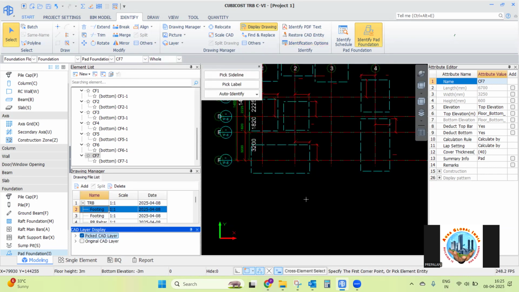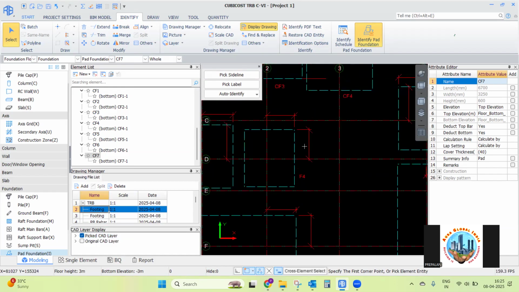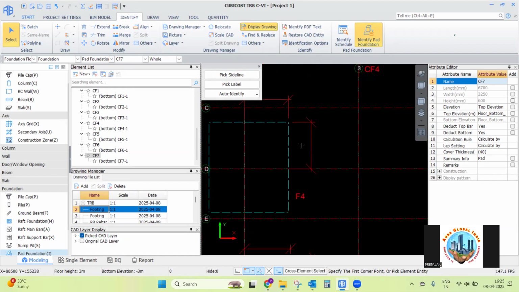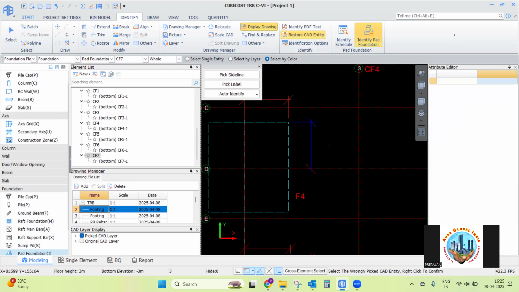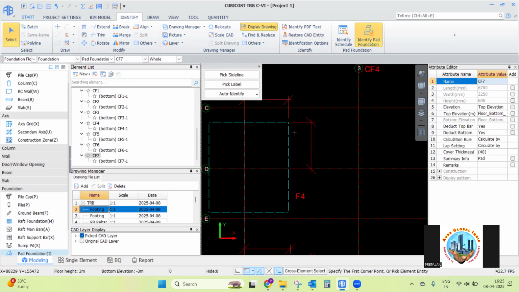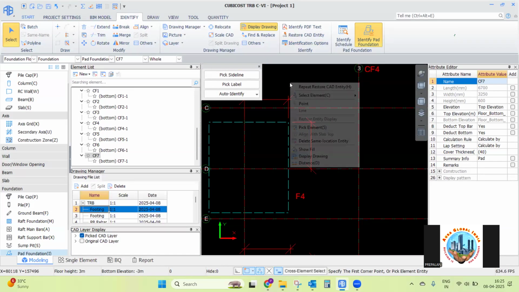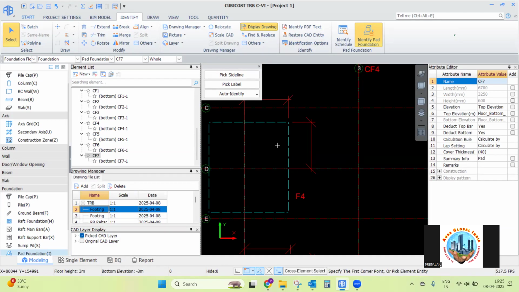Okay, if any unwanted information is there, if you want to send it back to the AutoCAD drawing itself, like in TAS, here also we have restore care entity. So while using restore care entity, I told you always select like this, drag window while restoring. But while selecting the sideline of either column or beam, you need to use this cursor. Okay. So now when we say auto identify,